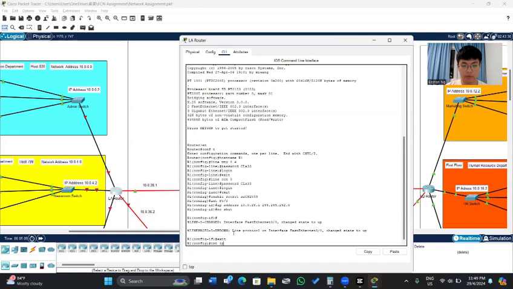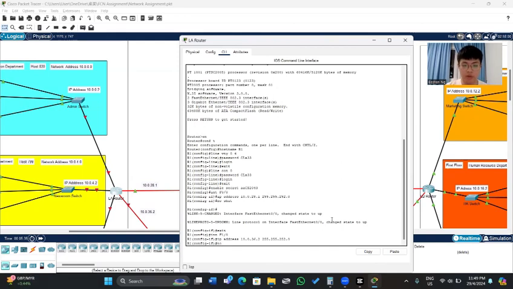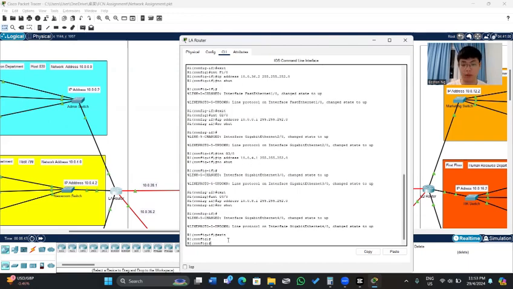So another is interface F1/0. Enter the IP address 10.0.26.2, and the subnet is 255.255.255.0, and press enter and no shutdown. So that also is successful, and we use the same method to set up the other three IP addresses inside the ports. Then we go to the IP route,